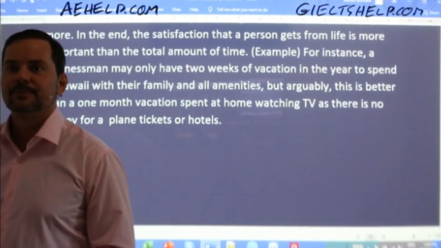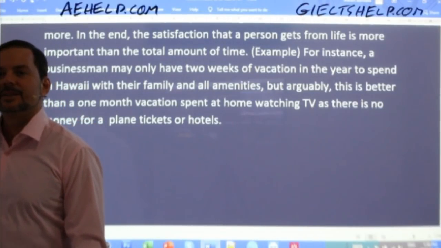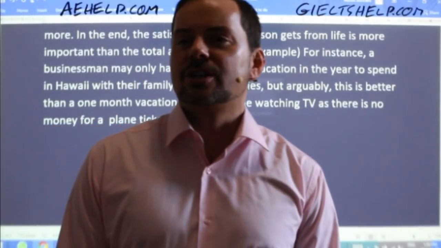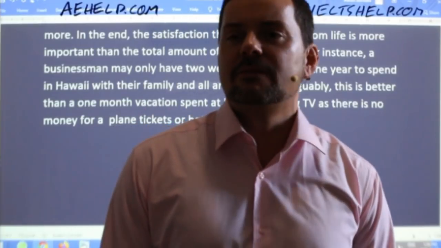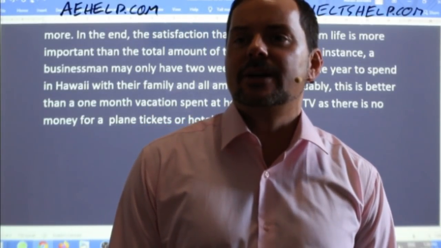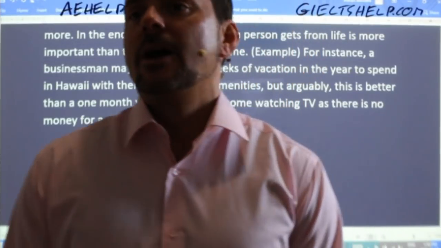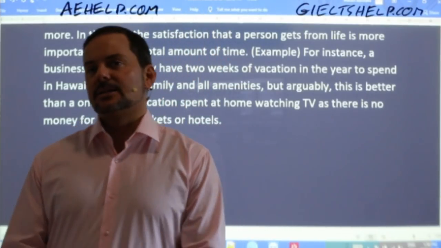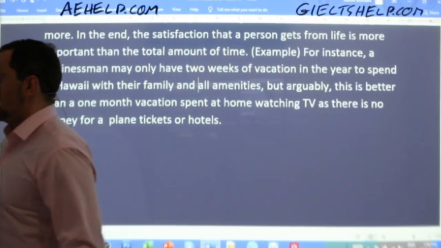Okay. Let's see. Preeti writes, for instance, if a working person has a small vacation in health stations with friends and family, they can feel more relaxed and there is no money for that. Then if there is no money for that, Preeti, the end of that sentence is a little bit awkward, so you want to rethink that. It's confusing. Okay. All right.